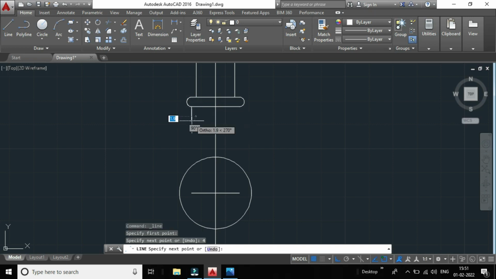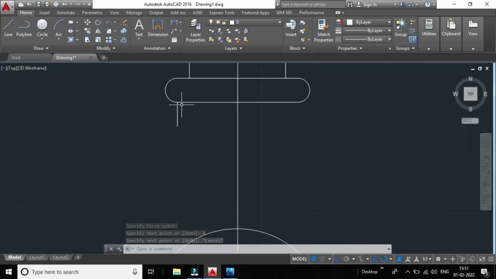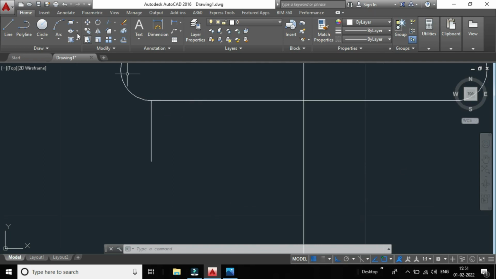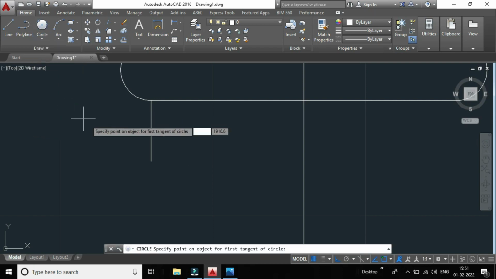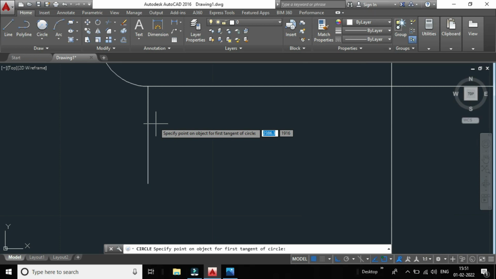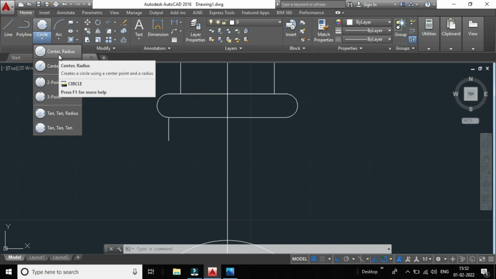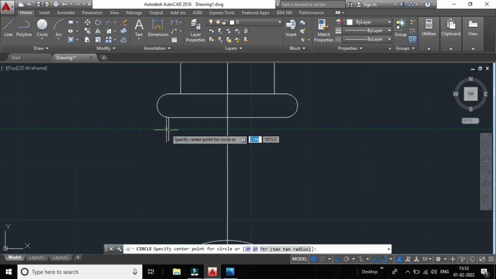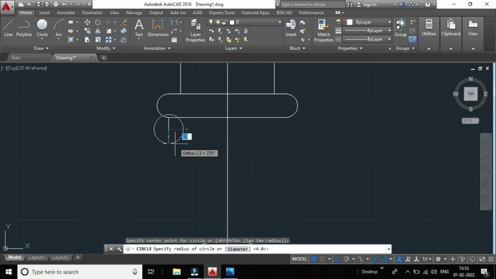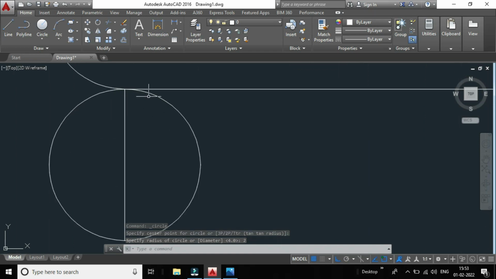Okay, so after giving the circle we have to draw this inner circle connecting to this point and this point. So for that let us click on this circle and click on this tan radius. Let us click on this tan here and click on this tan here and let us see what will be the other circle. So here you can see, from here it is at a distance of 5 and from the 5 distance we will be drawing this circle, and from here to here it is a distance of 5 and we are going to draw this circle. Okay, so for that